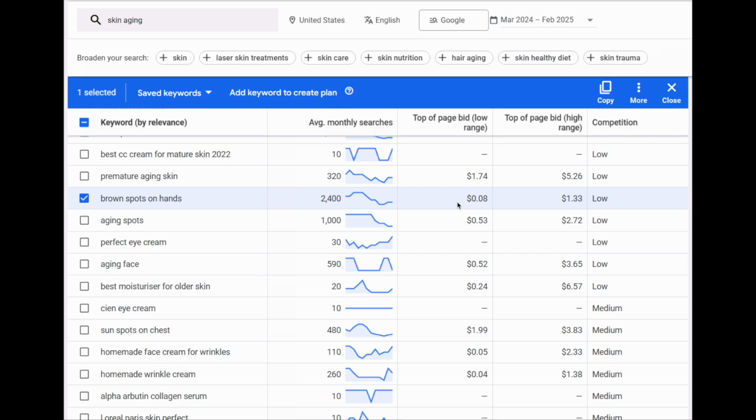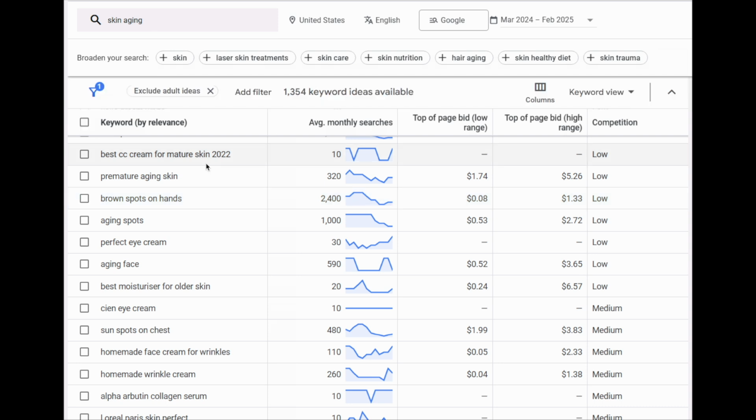The second part is the keyword. Now that we have our angle, which is going to be something around anti-aging, now we need to know the keyword we're going to use. It may not be anti-aging. What we need to do is actually look into the realm of anti-aging and skincare and skin aging, that type of thing that PrimeBiome is advertising, to see what keywords are available,